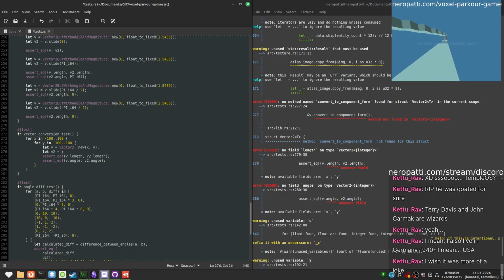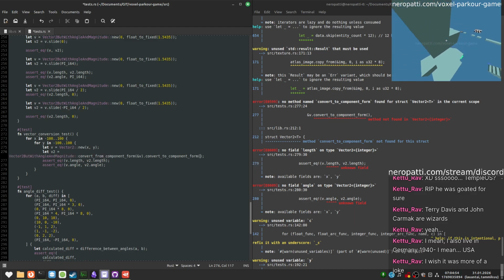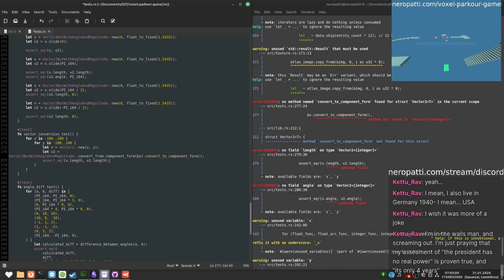So this is component form, so we want to do this, do V here, and then yeah, I don't know if